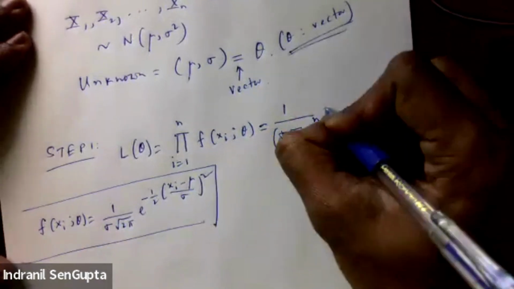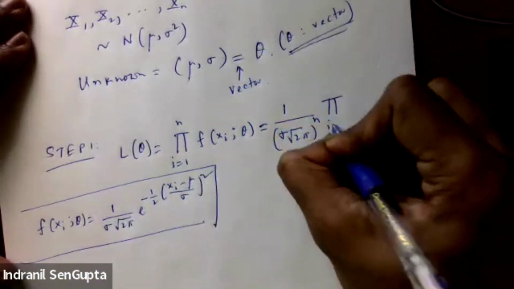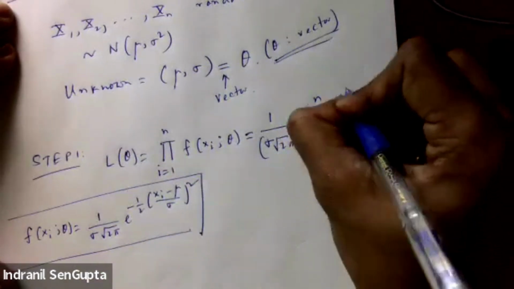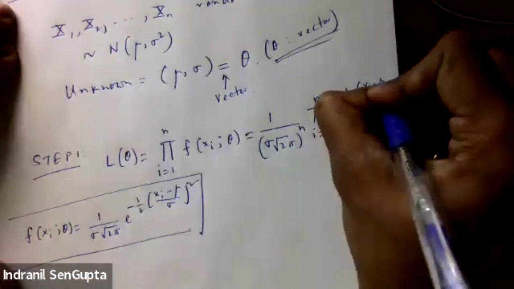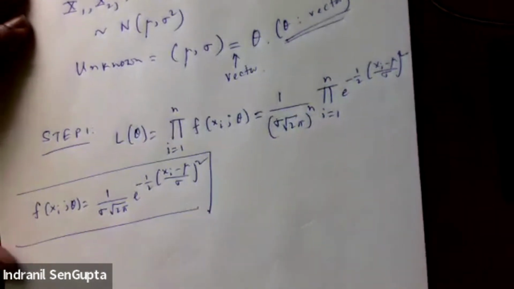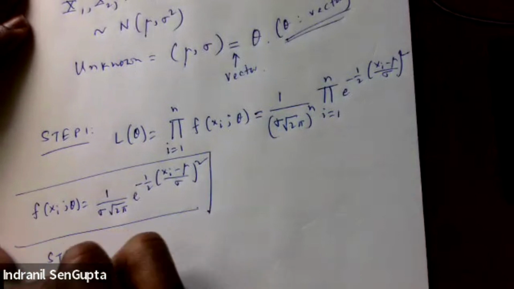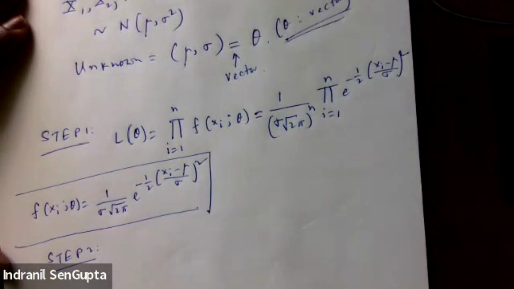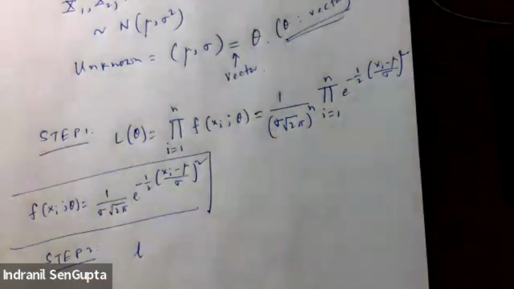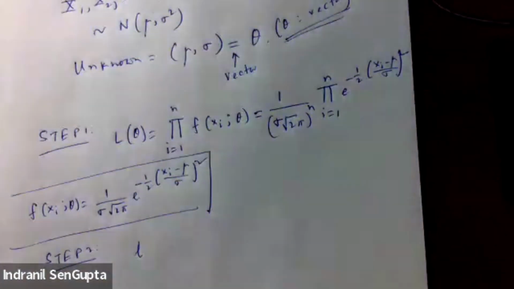And then the product from i equals 1 to n of e to the minus 1/2 ((xi minus mu) over sigma) squared. That's step one. Step two, we compute the L theta. I believe that is our step two, right? Yeah. So L theta,